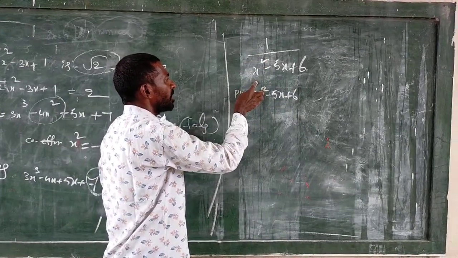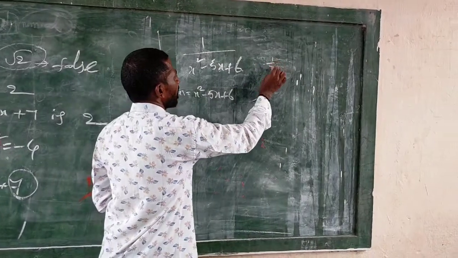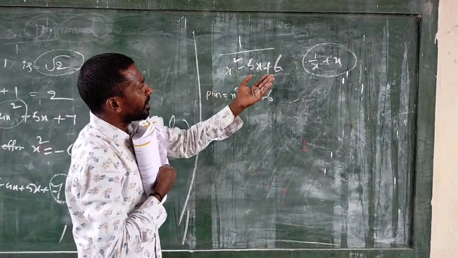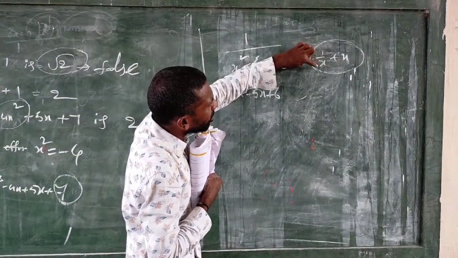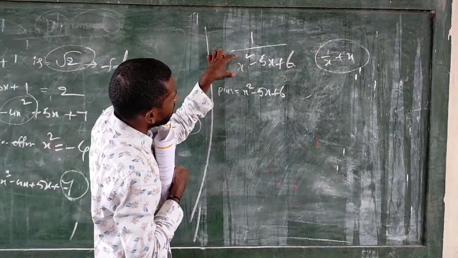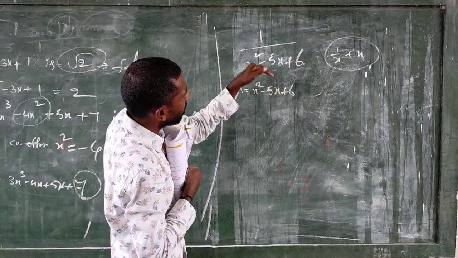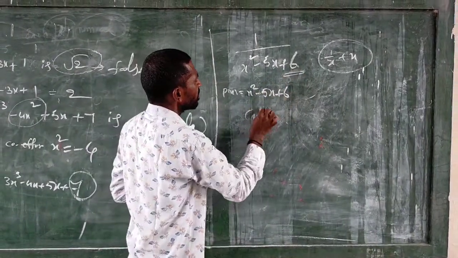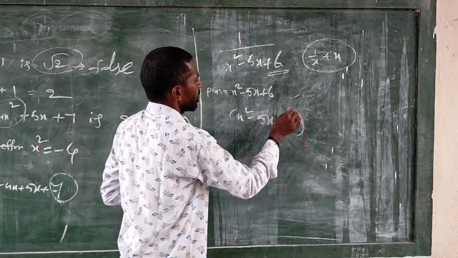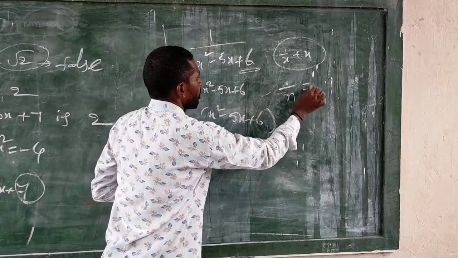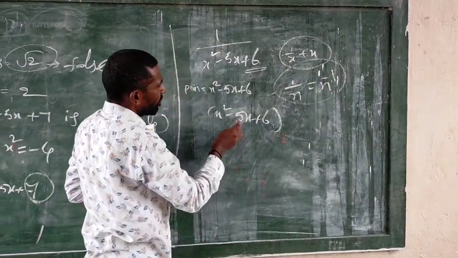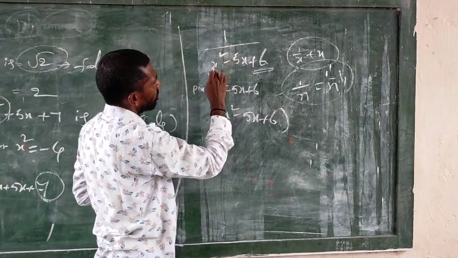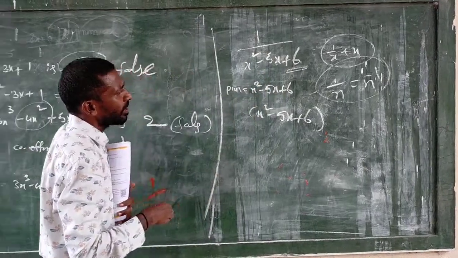Now a denominator with a variable, for example 1 by x plus x. This one is not a polynomial, because the variable is in the denominator. So the given expression has a variable in the denominator, so it is not a polynomial. For example, 1 by n equals n to the power of minus 1, so the denominator value is an inverse, minus 1. So p of x equal to 1 by x square minus 5x plus 6 is not a polynomial.